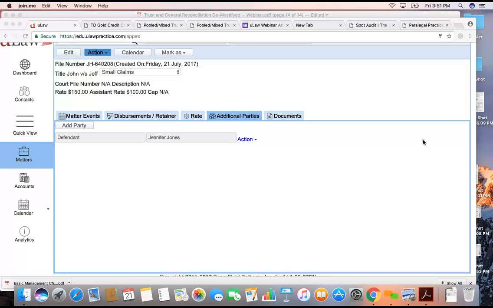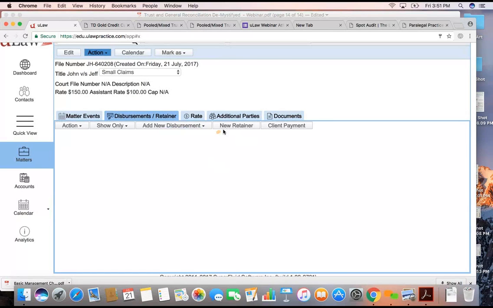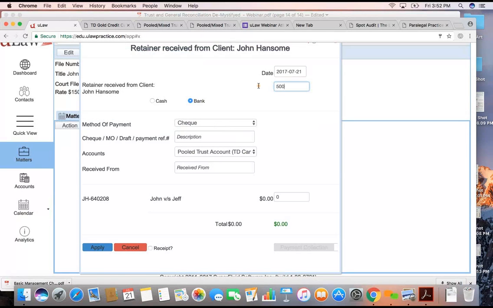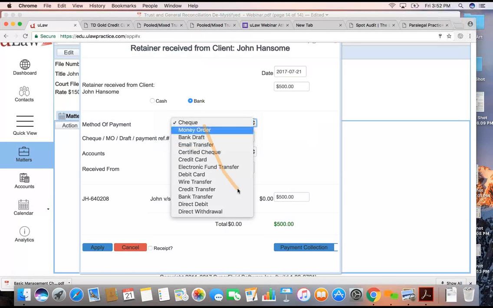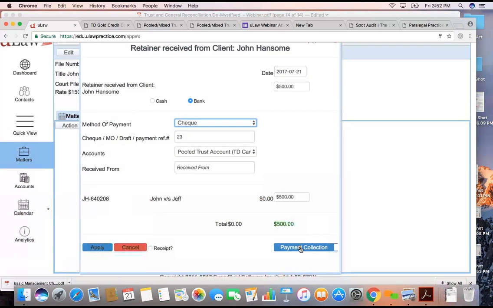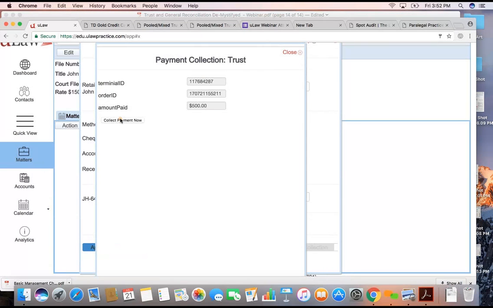A classic example of when banks will normally do that is a credit card transaction. Let's say you used your credit card to process a retainer. You got the retainer from this, and let me show that example here. Let's walk through that error. Let's say the retainer was $500, and you actually did it as a payment. You can collect that payment here, so let me collect the payment quickly. Let's say validate, collect the payment now,